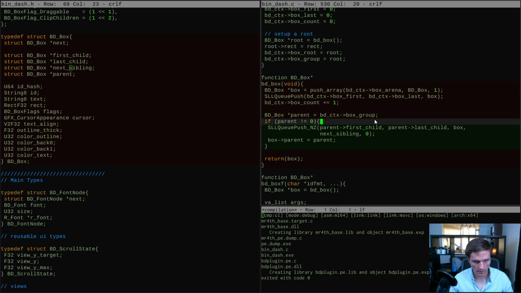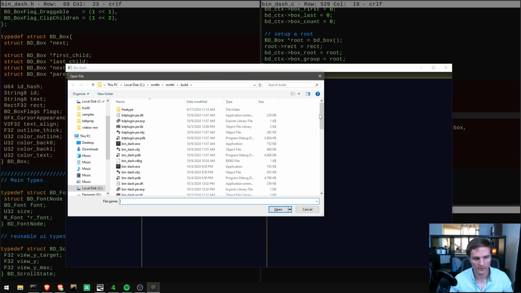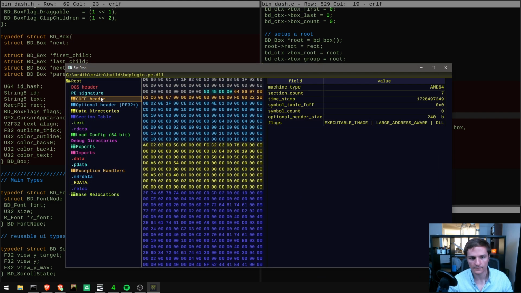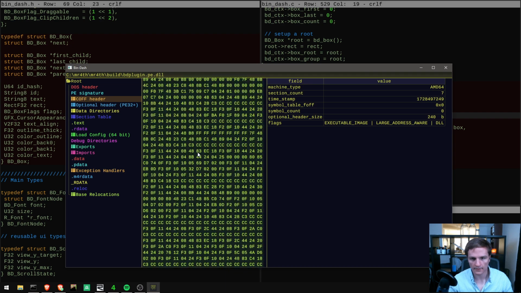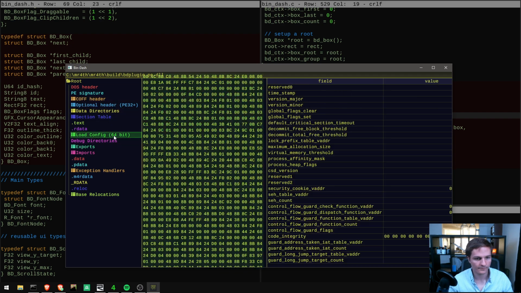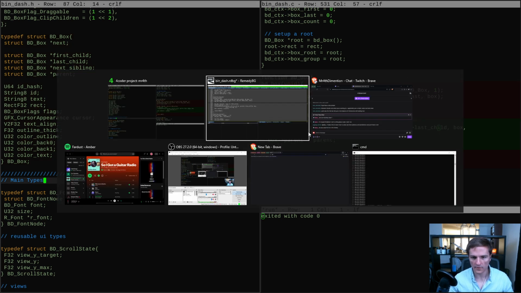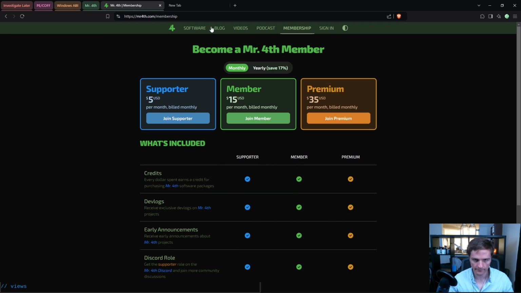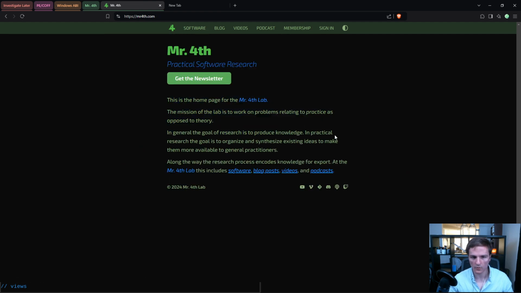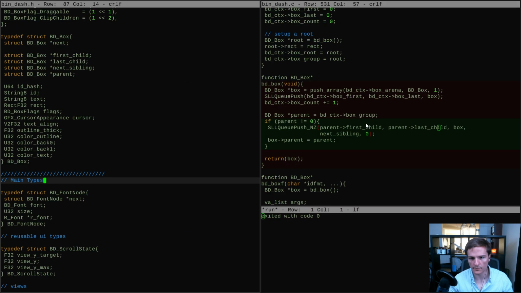I code for money. I also code for fun. I'm lucky enough to be able to do both, although not always simultaneously. Alright. Right now, I definitely feel like I'm doing both simultaneously. This is a project for my new venture, the Mr. Fourth Lab, which I've been working on since about the beginning of this year. Maybe a little last year I was working on it too. But lately we've been working on this BinDash project,